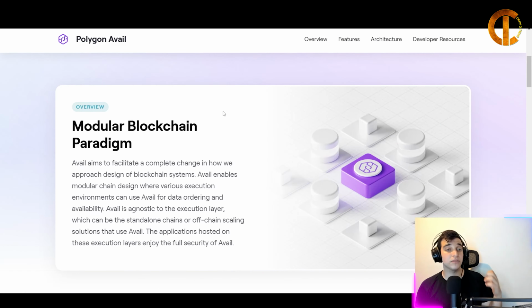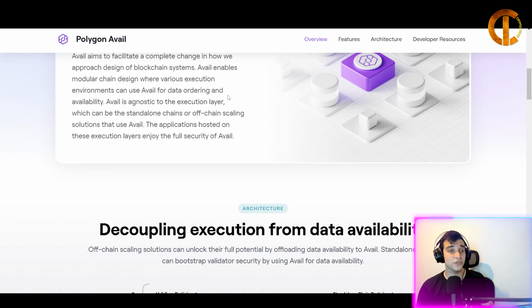So the modular blockchain paradigm, Avail, aims to facilitate a complete change in how we approach design of blockchain systems. And Avail actually enables modular chain design where various execution environments can use Avail for data ordering. With the combination of those, you can actually scale very easily. And Avail is actually agnostic to the execution layer, which can be a standalone chain or off-chain scaling solutions that use Avail. And the applications hosted on these execution layers enjoy the full security of Avail, which is great because